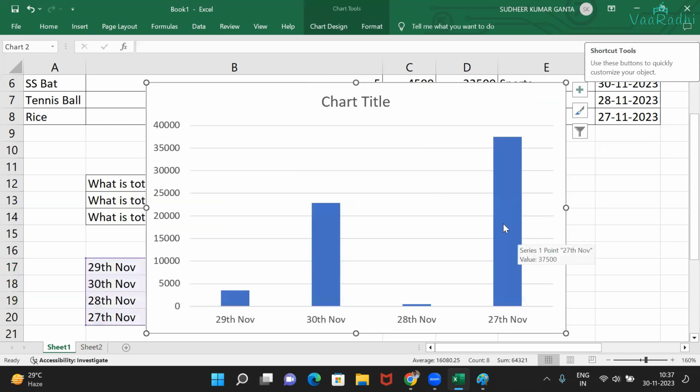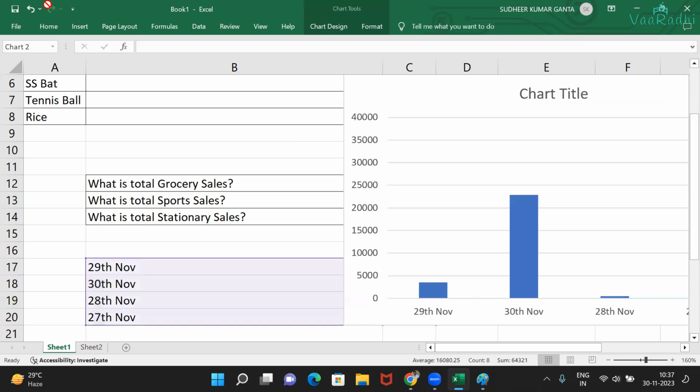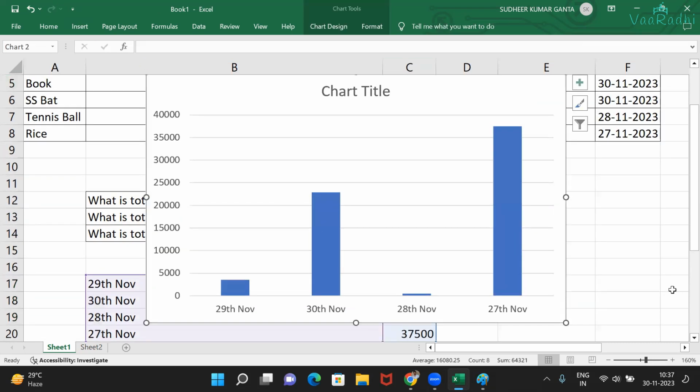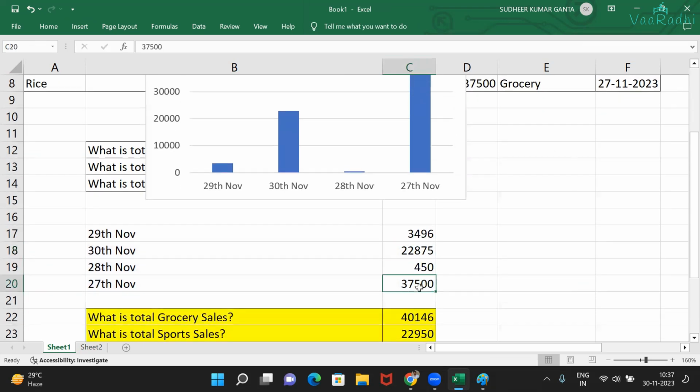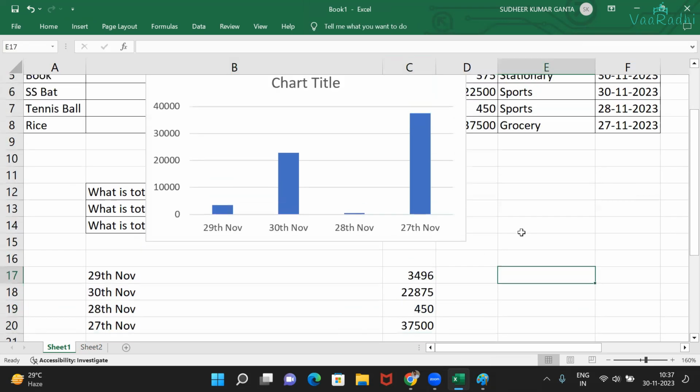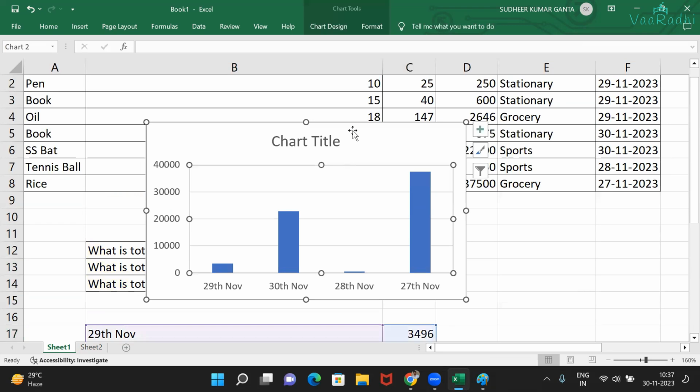See here, guys. By looking at the data, I have to check which particular date-related sales need to be higher. 37,000, okay, 27th. But by looking at this bar chart, can we simply say, okay, the bar which is having